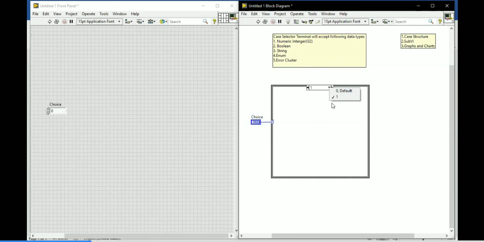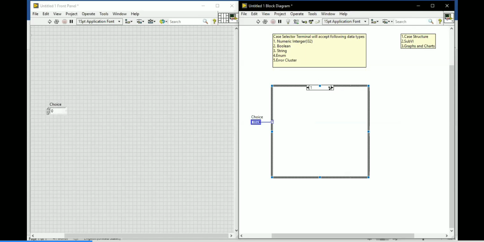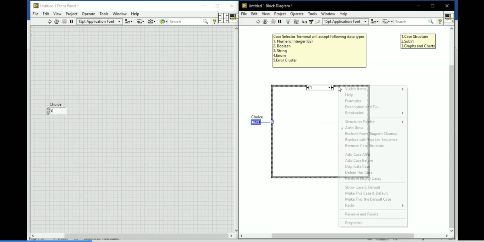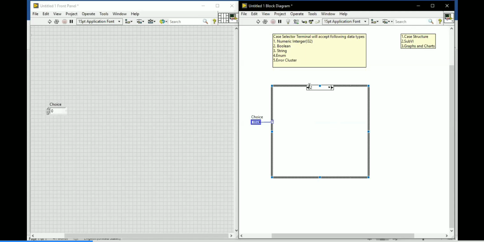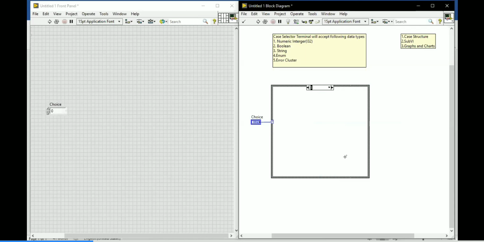Now if you want to add cases, right click on that case structure and go to add case after. Or suppose I am in the 0th case and want to add one case here, right click and go for add case after. Likewise you can do the program over there.